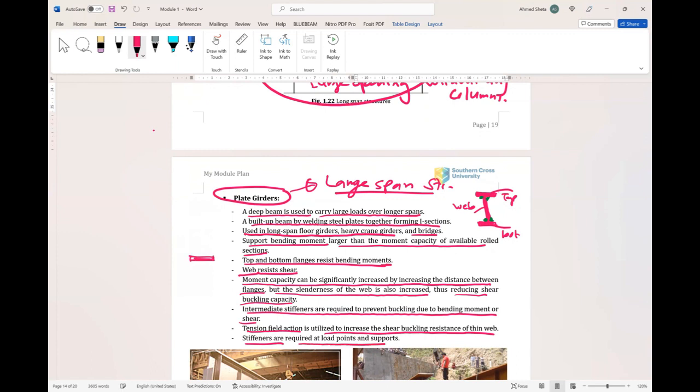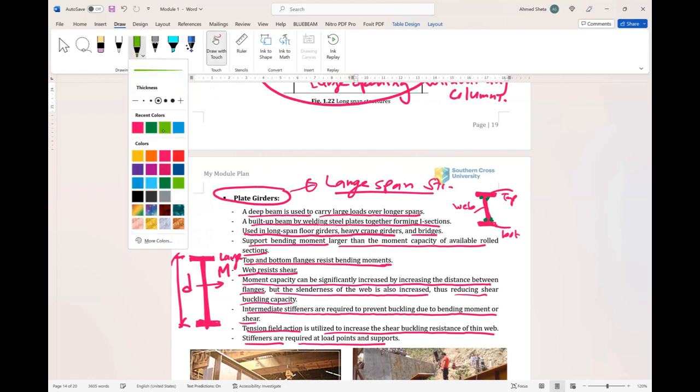So if this is the top flange, bottom flange, and this is our web. When we increase the distance between top and bottom flange, the depth, this will lead to bigger moment capacity. But the problem will be the buckling. To avoid the buckling,